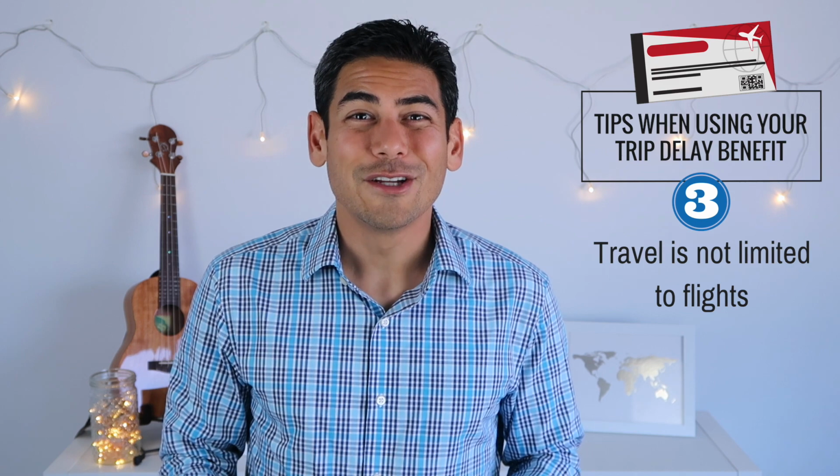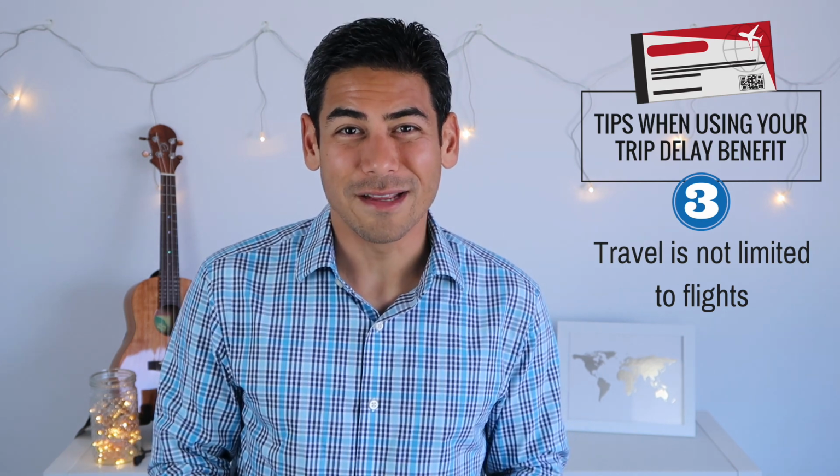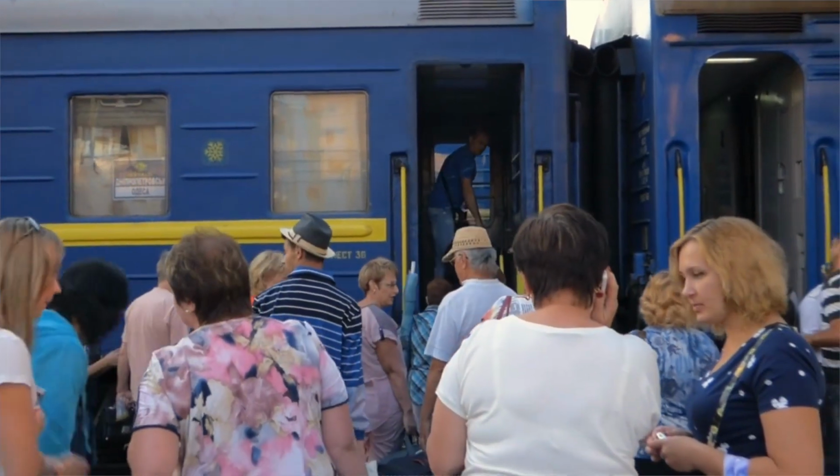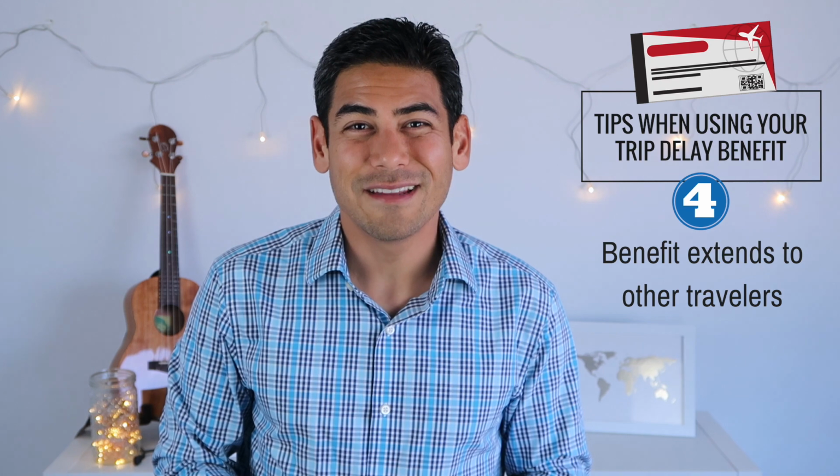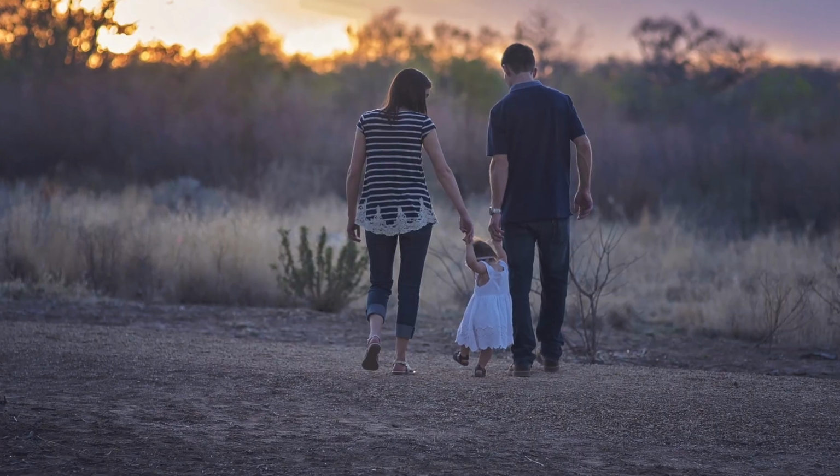Number 3, travel is not limited to flights. Delays in bus, cruise ship, and train travel are also covered under the policy. Number 4, benefit extends to other travelers. If you purchase the travel for others like your partner or dependents, the benefit should extend to them as well. Again, this can vary with different cards, but most should cover your dependents as long as the card was used